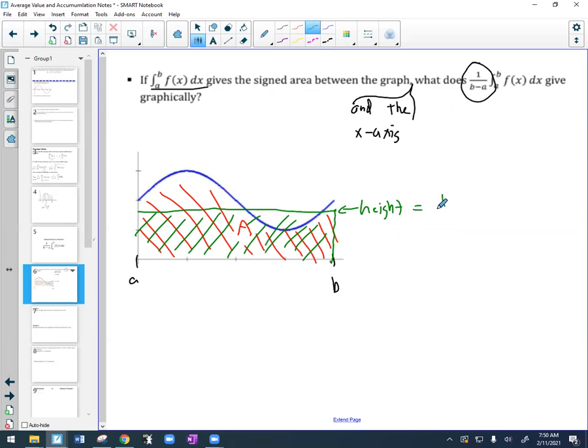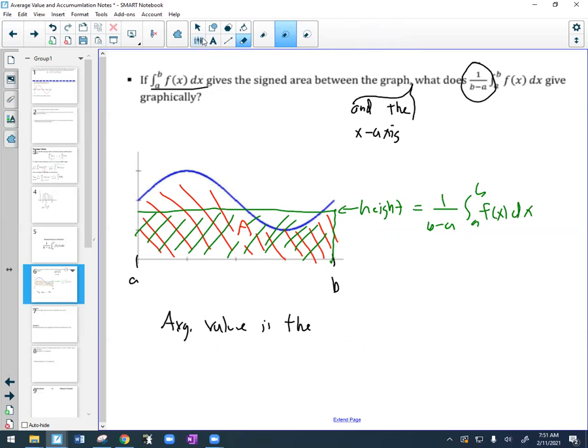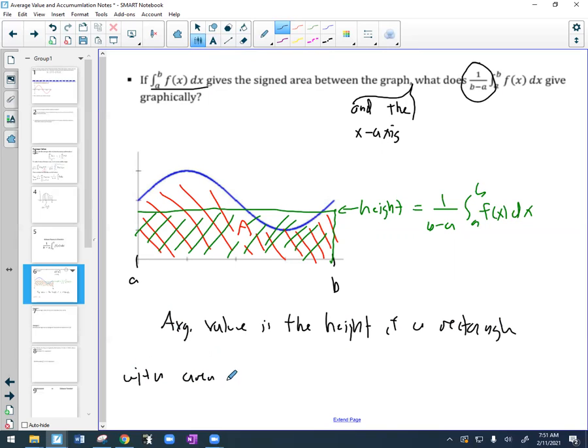Then the height of that thing would be 1 over b minus a times the integral from a to b of f of x dx. Basically it gives us the height of a rectangle with area equal to the integral from a to b of f of x dx. So I don't know, that may not be that helpful of a thing to know, but